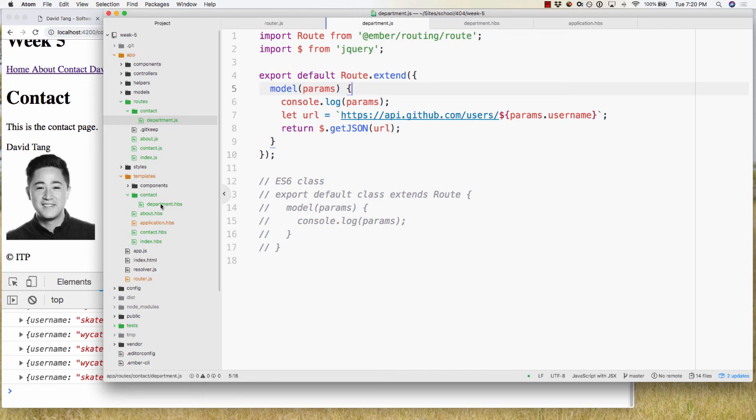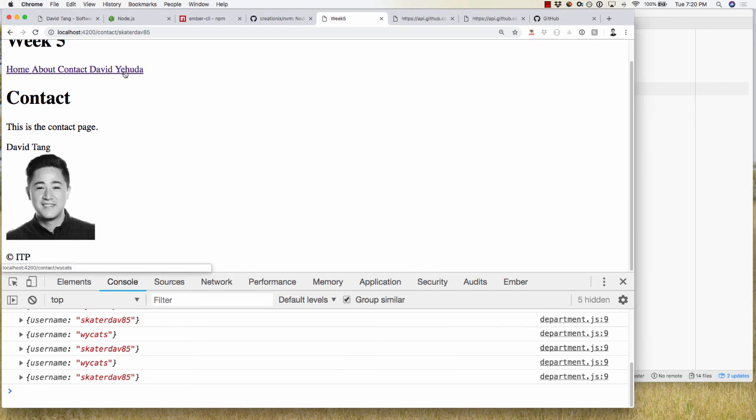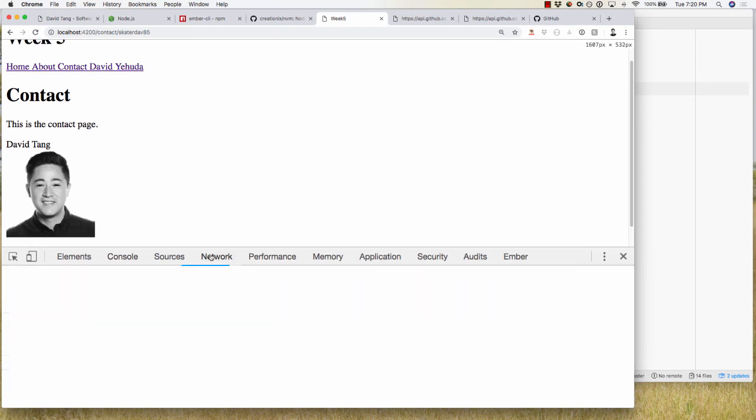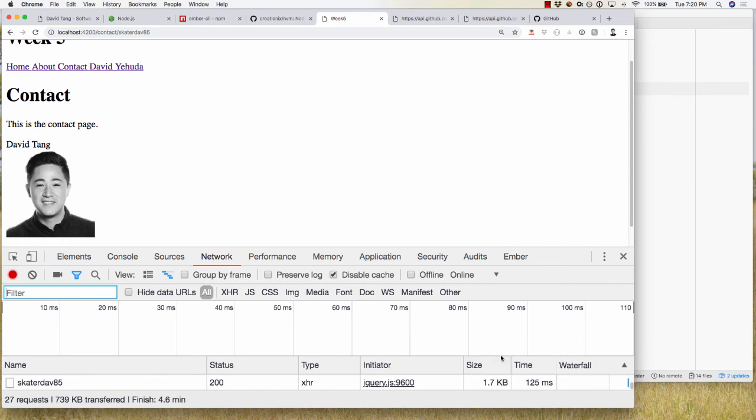So the last thing I wanted to show was Ember has something called loading substates. As I'm clicking between these two links, there's a slight delay. It's because the API call is asynchronous and it takes a little bit of time. To be exact, you could open up the network panel and start clicking on these things, and